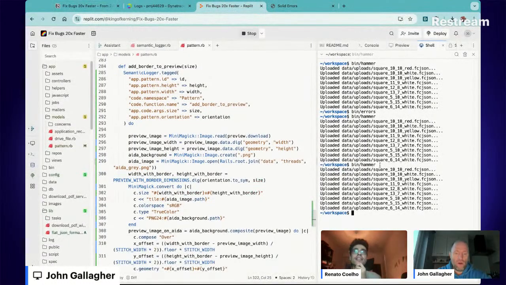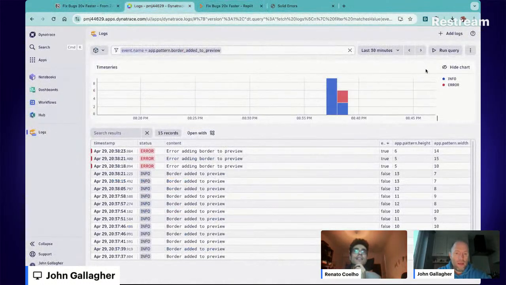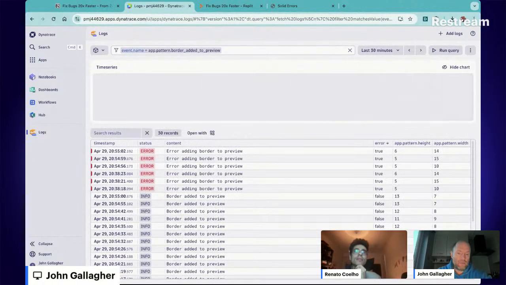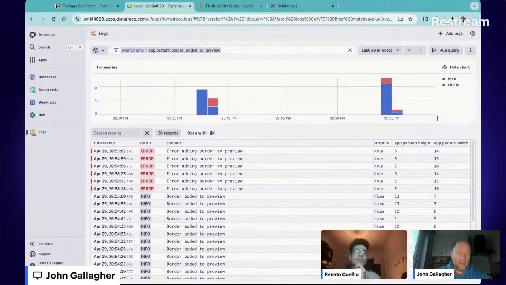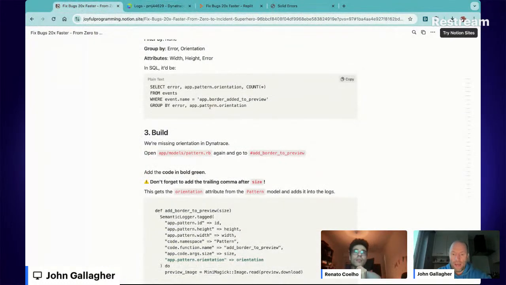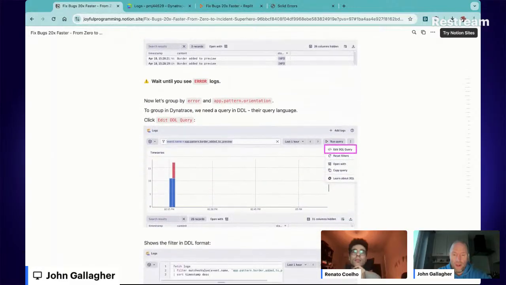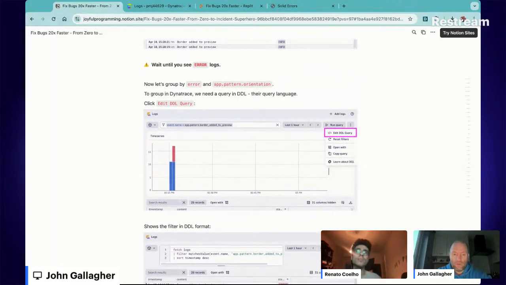Cool. So we've run our bin hammer, and with any luck that has given Dynatrace a chance to do its thing. And we can see, indeed, we've got some errors here. So what's the next step? We've added this code, and we're now going to use it. And we're going to group the error by app.pattern.orientation. And just as a side note, in case you're wondering why I didn't just use the word orientation here,